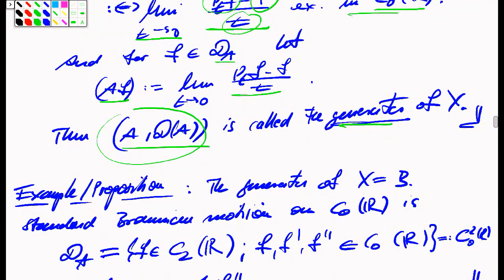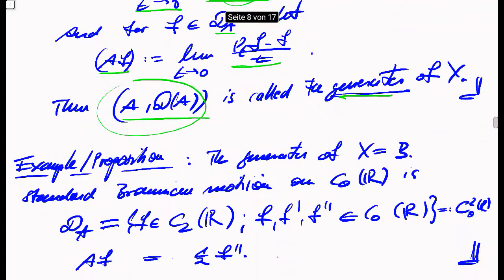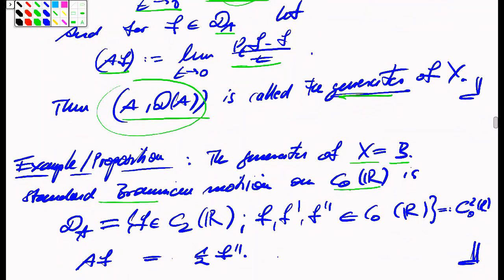But before we develop further theory, we want to give an example. Namely, of course, we will pursue the example of Brownian motion, standard Brownian motion on Euclidean space, which, as we had already seen, gives rise to a Feller semigroup. And we claim now that the generator for this particular Feller semigroup, which comes with standard Brownian motion on one-dimensional Euclidean space, is described as follows. The domain of the operator, which we will introduce, is the function